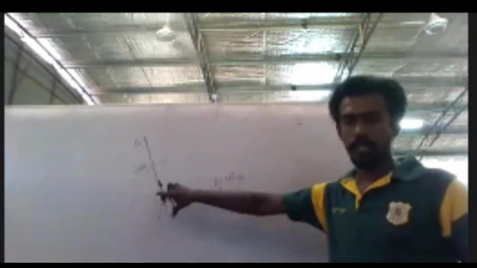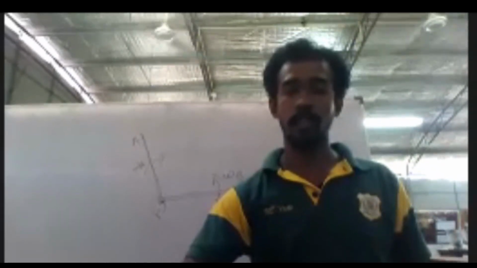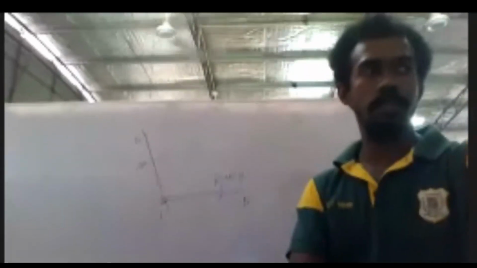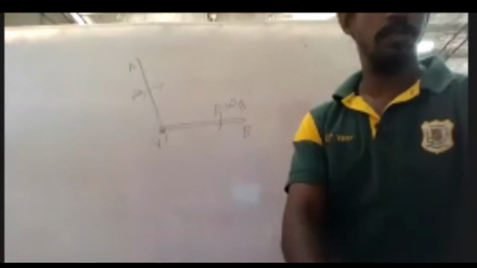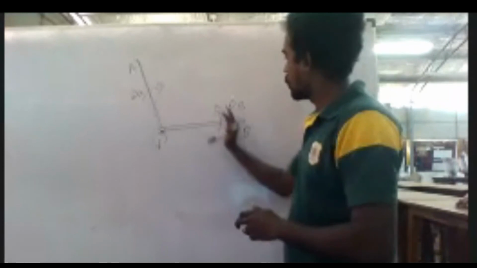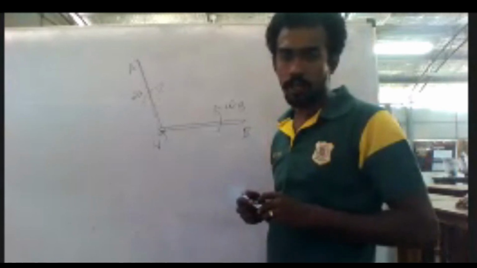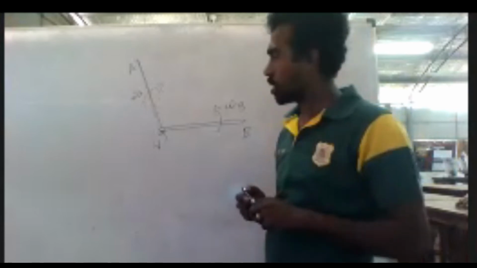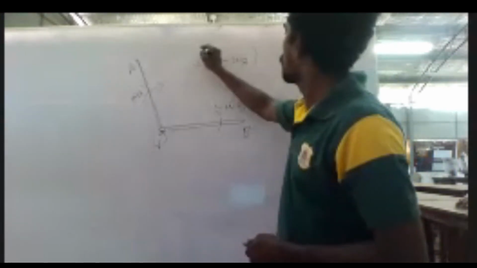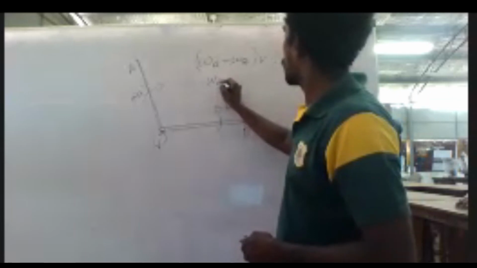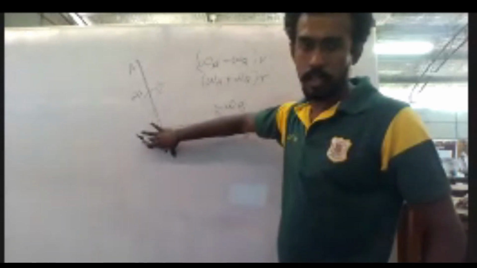Right. Radius of the pin is R, angular velocity of B is omega B, and angular velocity of A is omega A. So, according to the definition, the rubbing velocity of the pin joint is equal to (omega A minus omega B) into R, or (omega A plus omega B) into R. This R is the radius of the pin joint, no problem with that.